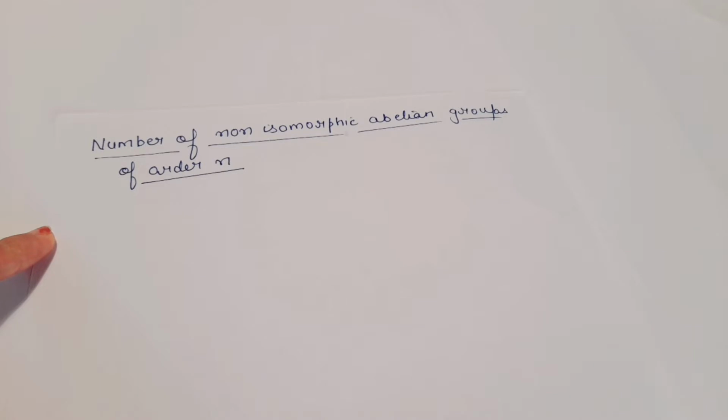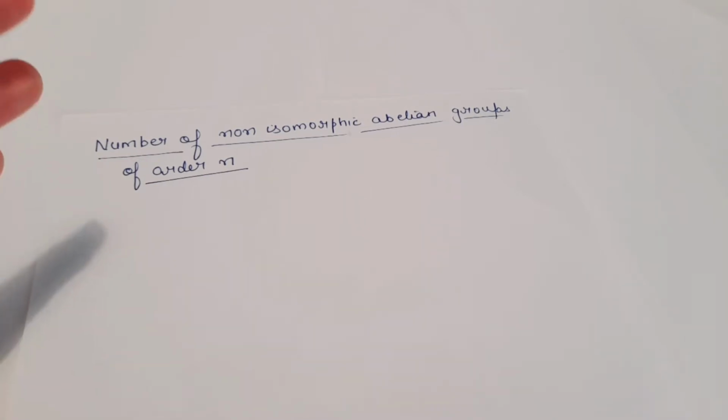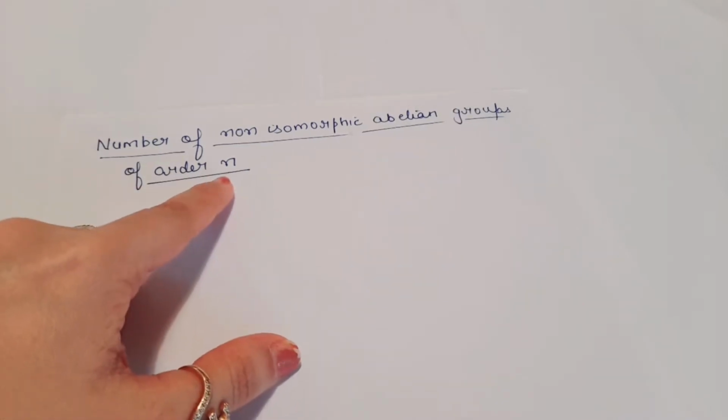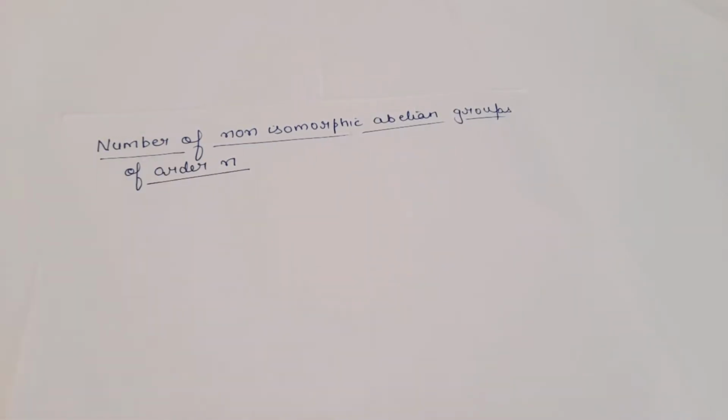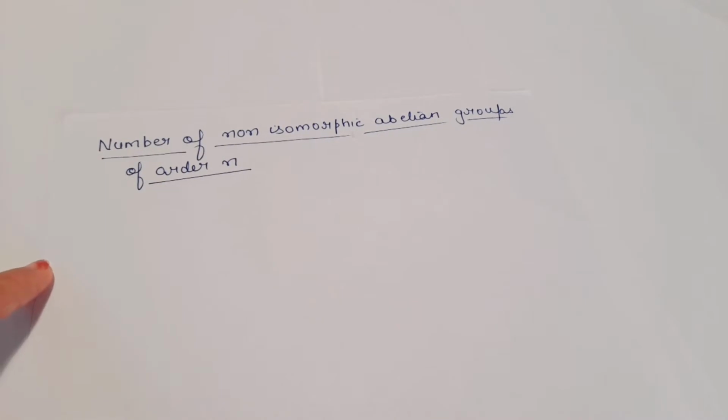I am Upasana Taneja. In today's video, we are going to study two important topics. First is the number of non-isomorphic abelian groups of order n, meaning up to isomorphism, how many groups exist of order n. n can be a prime number or any number, we will see those cases. And second is how to find non-isomorphic subgroups. In the first topic we will discuss non-isomorphic groups, and in the second topic we will discuss non-isomorphic subgroups